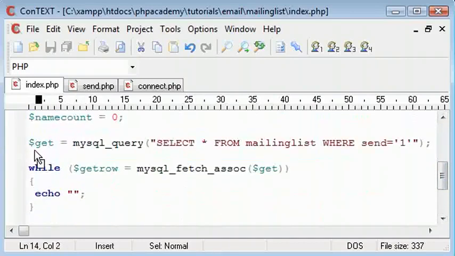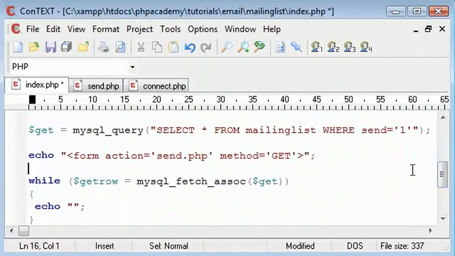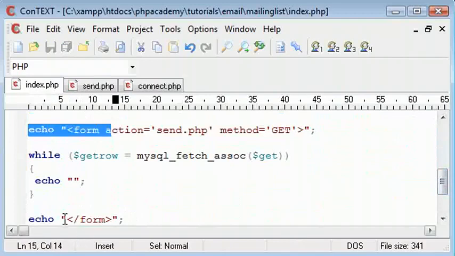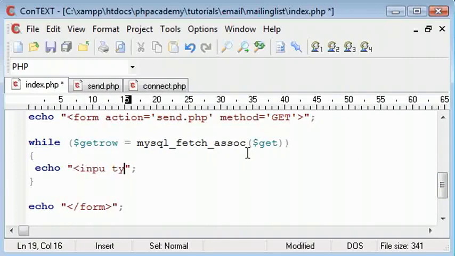I'll just put that down there. So as long as you've got the while loop here and the block here between the form start and the form end, then you'll be okay. And in here we're going to create an input type of a checkbox,